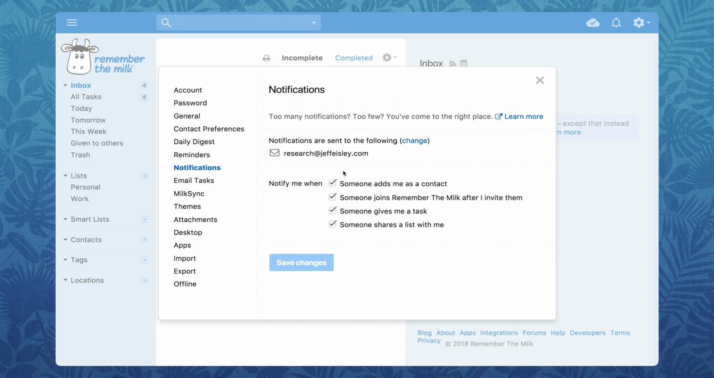You can be notified when someone adds you as a contact, someone joins RTM from your invite, someone gives you a task, or someone shares a list with you. And all you gotta do is just uncheck whatever you don't want, and then click Save Changes, and you're good